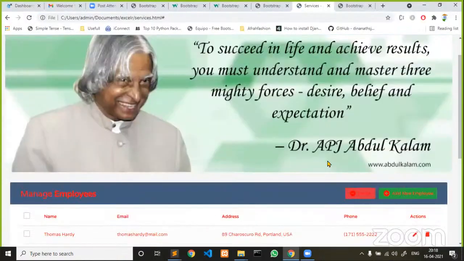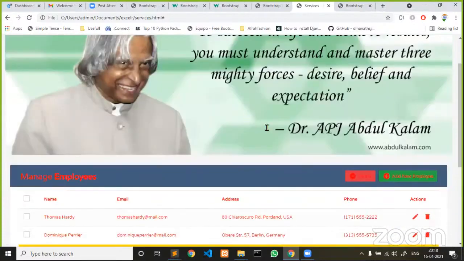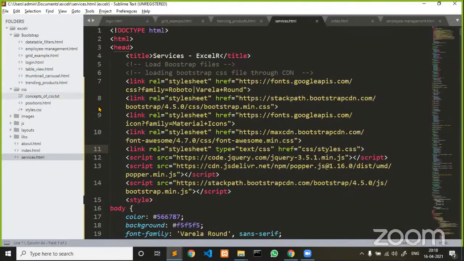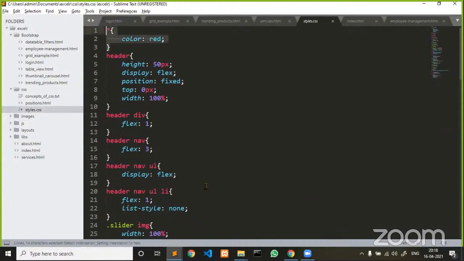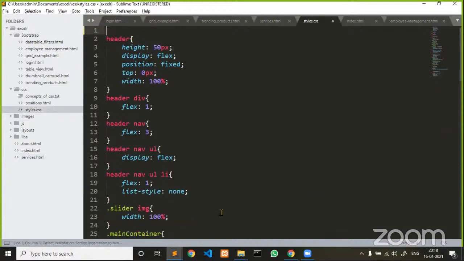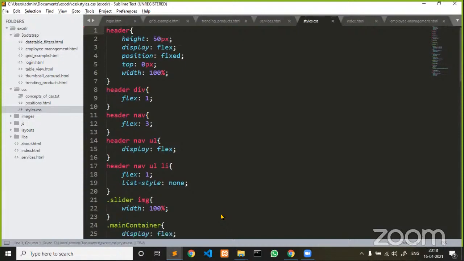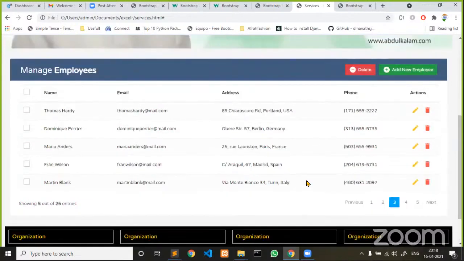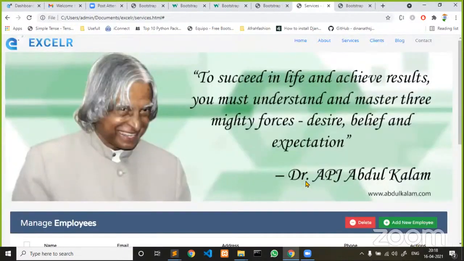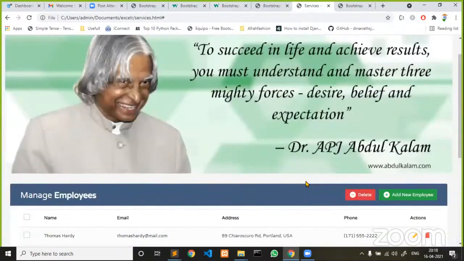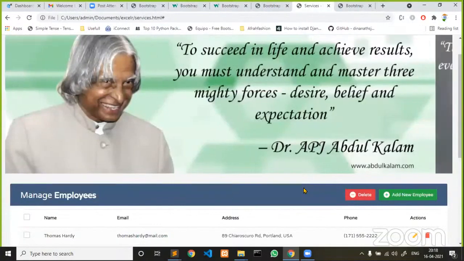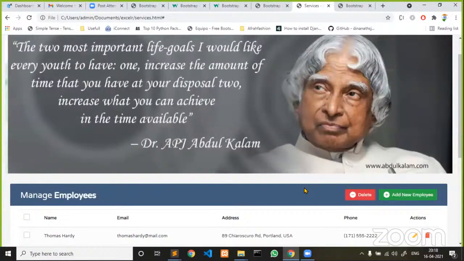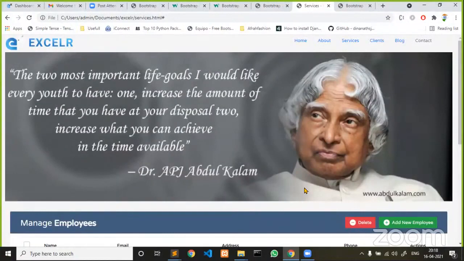I hope you people are aware of it. Now somewhere the text color is red. Inside my CSS, the global text color is not required. I just used it to explain how to make it color red. I don't want it now. I hope you understand. If you are good at Bootstrap, within 2 minutes, not even 2 minutes, my one page is completely built. That is the power of going for Bootstrap.